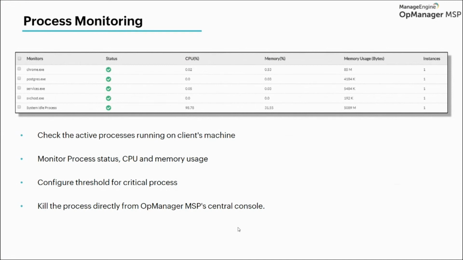So this helps us keep track of which process is consuming how many resources in our environment and how it is being monitored. And in case it's crossing a specific threshold, I can get notified. And also, if it's a non-business critical process which is consuming too many resources on my critical devices, such as a SQL server or my router, I could just go into the console and kill that process and make sure that the resources are used for more important processes in the environment of our customer clients.